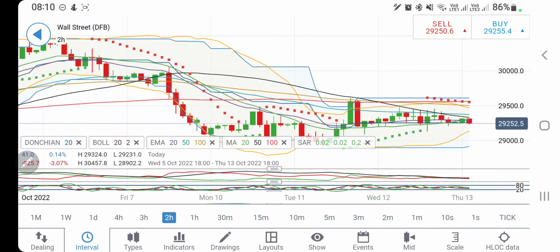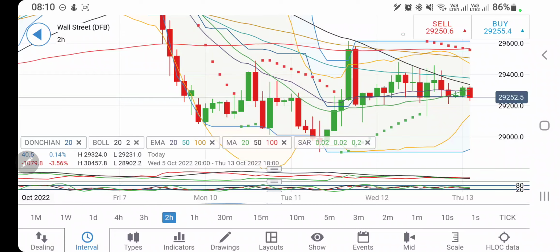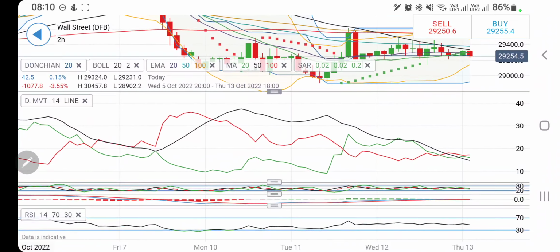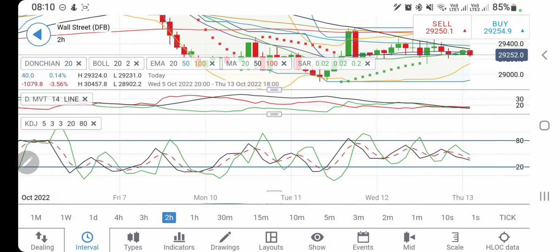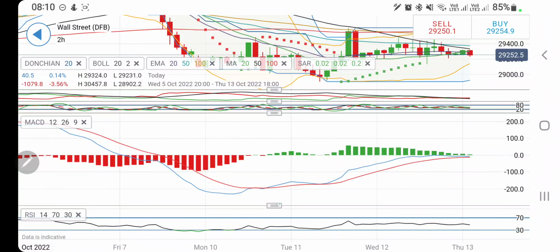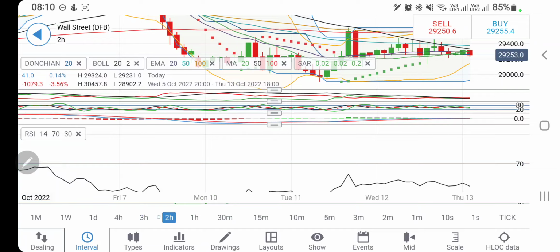Similar is the observation on the 2-hour charts, taking the support here, and see it is skewed slightly on the downside, possibly taking a break on the downside will give it definitely a good drop. Sell at 29,200, expect 29,100, very strong support 29,000, and below that we may see a very good crash for 28,800, 28,600, 28,500 levels. Directional movement bearish, stochastic trading flat, MACD is bullish trying to converge and crossover for a sell,